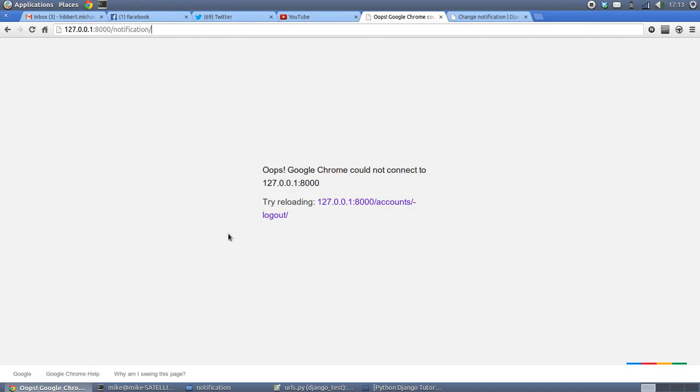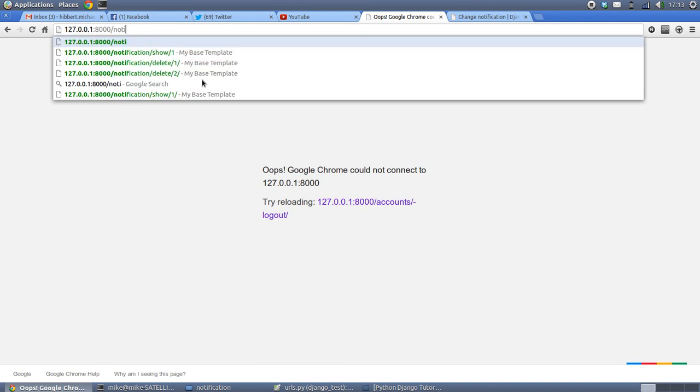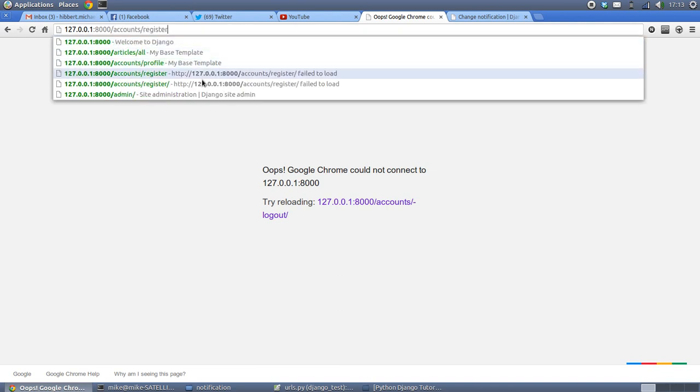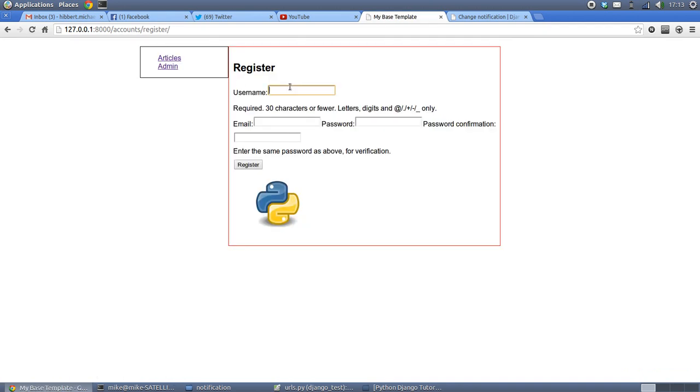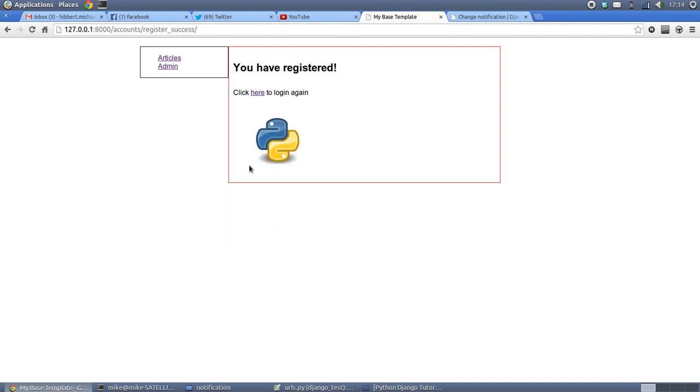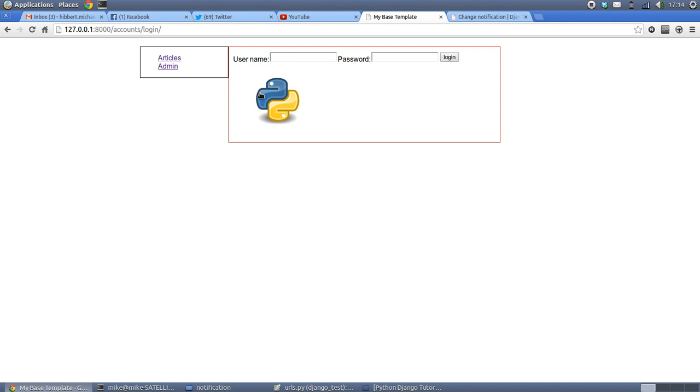Okay, so what we'll do first of all is register a new user, and I'm going to call him new user 4. Email me at name.com, password let me in. That's an industry standard, by the way. So then we register, and it says you have been registered. Click here to log in again. So user 4, wasn't it? Password let me in,